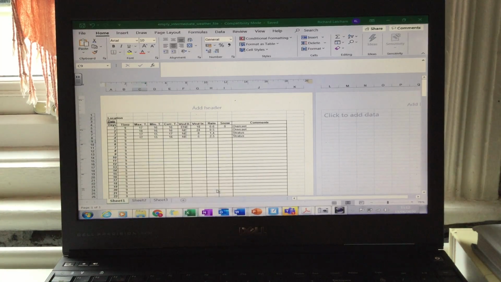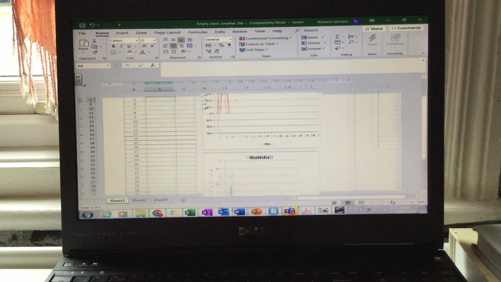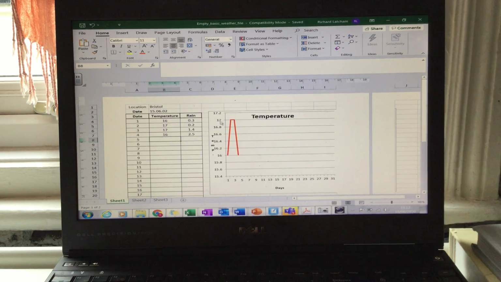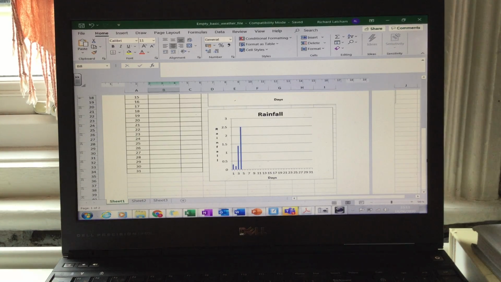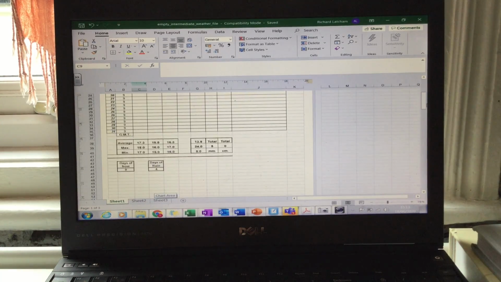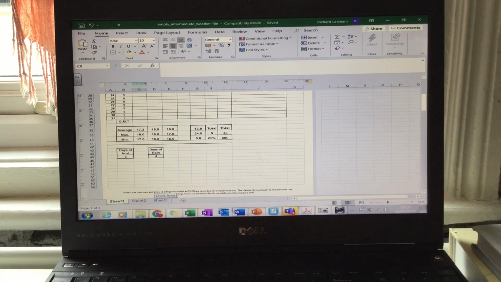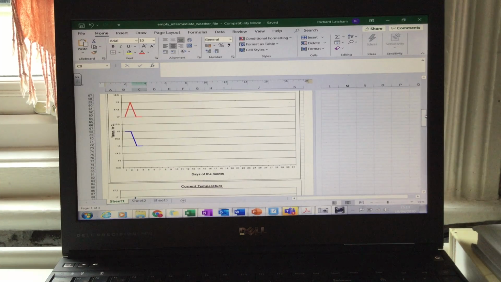The basic spreadsheet is more basic. Let's make it bigger so you can see. You've just got temperature and rainfall. Now what you notice here is that it's creating your graphs for you. So you've got a line graph here for temperature, and further down a bar graph there for rainfall. On the intermediate one, you've got the average data down there, down underneath your data collection, and then